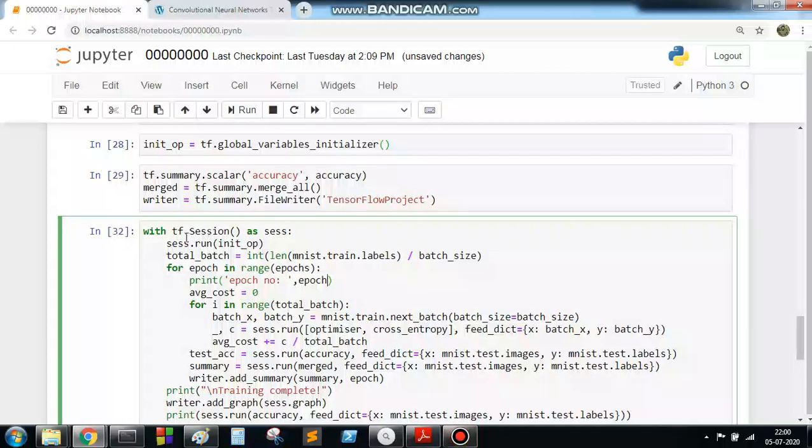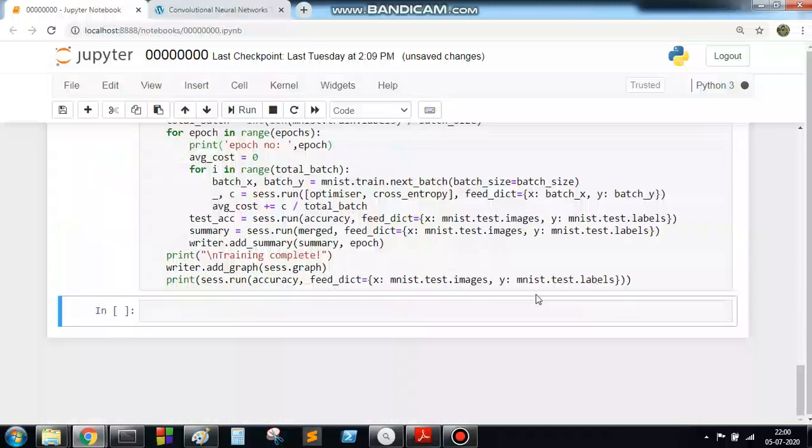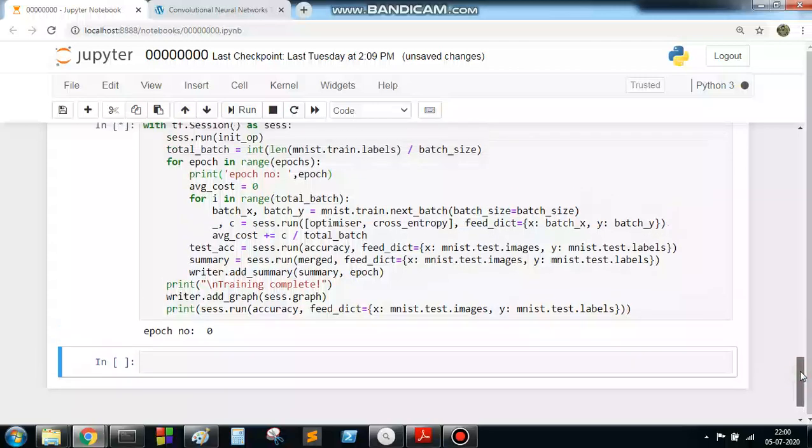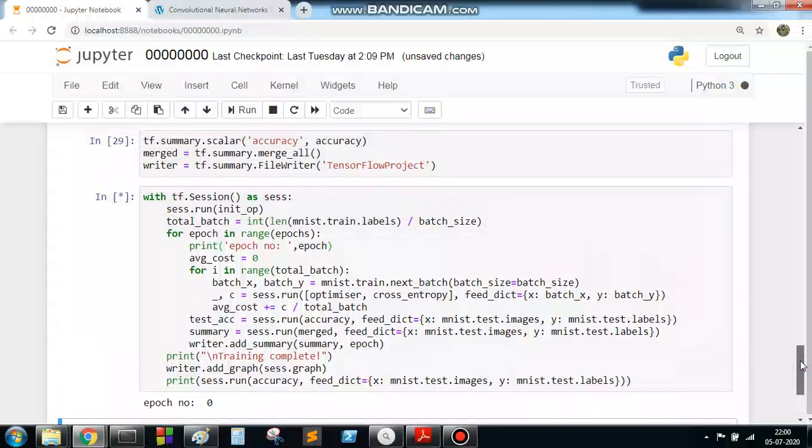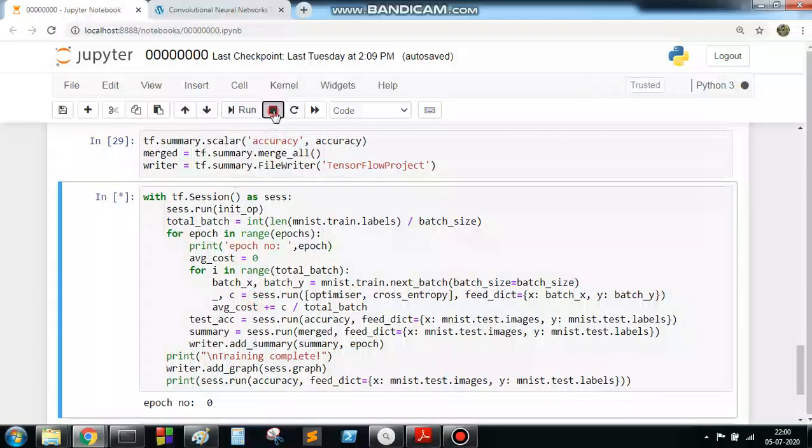To start the TensorFlow session, we need to run the initial operator, that means our initialization of global parameters, and we need to start our session. We have only taken 2 epochs here. Let's take one epoch, otherwise it will take more time.